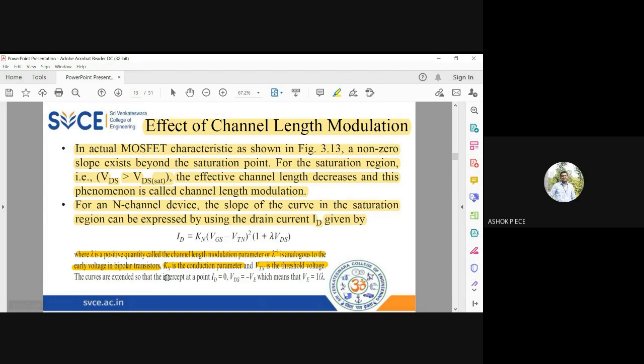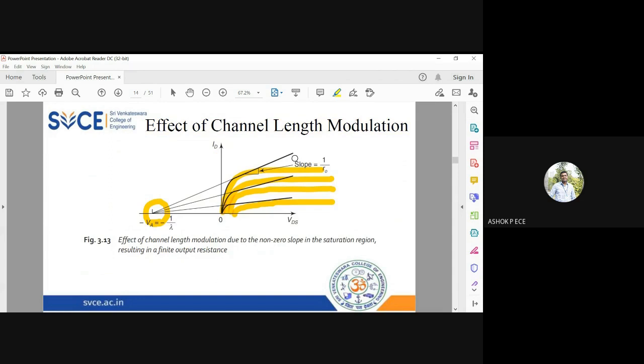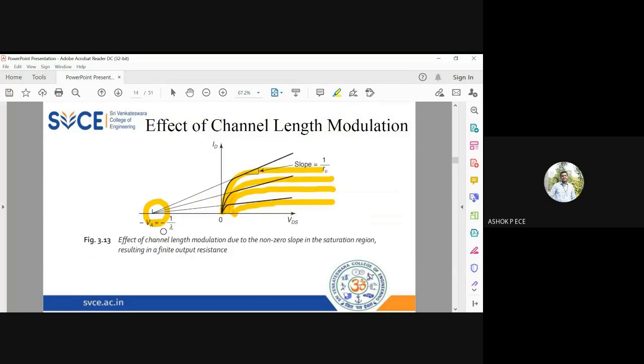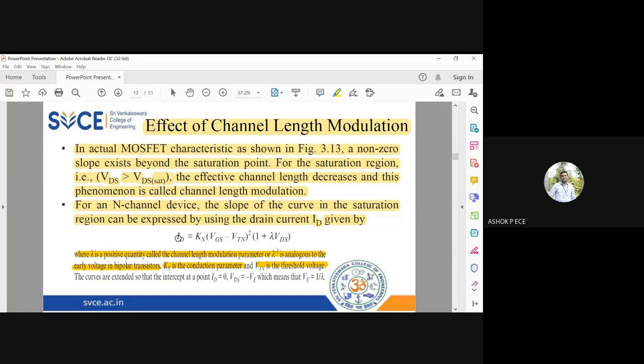When you backtrace the curves, as I said, at one particular point you make ID become 0. This point ID becomes 0, right? So when you put ID equal to 0 in this equation and solve for VDS, when you put VDS equal to minus VE, and VE is going to be 1 by lambda, you will get the expression VE equal to 1 by lambda. So they say that at the particular voltage 1 by lambda,